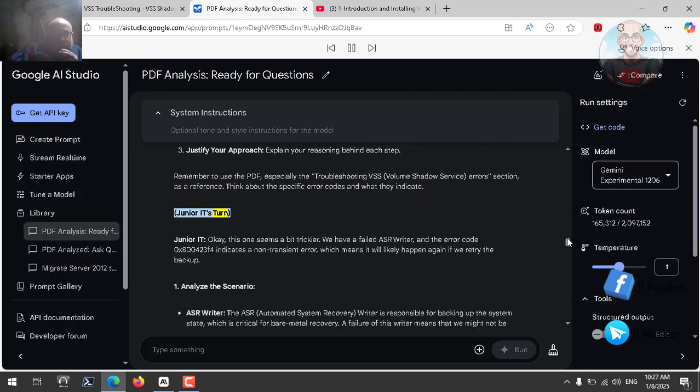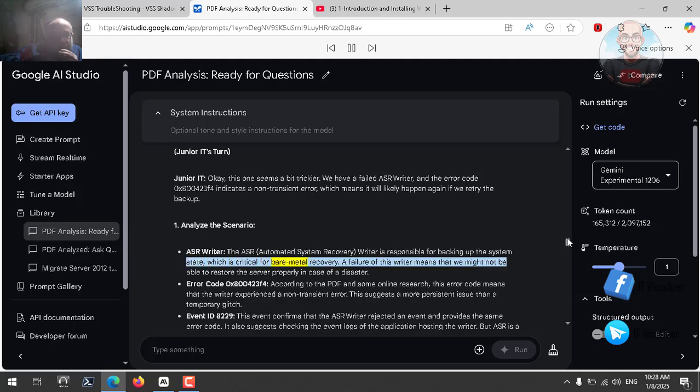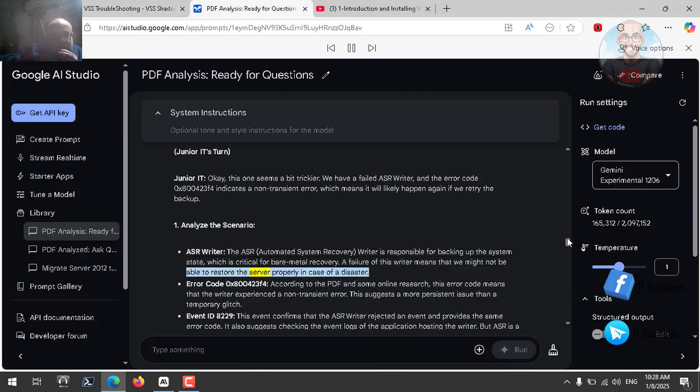Junior IT's turn. Okay, this one seems a bit trickier. We have a failed ASR writer, and the error code 0x800423F4 indicates a non-transient error, which means it will likely happen again if we retry the backup. 1. Analyze the scenario. ASR writer. The ASR, Automated System Recovery writer is responsible for backing up the system state, which is critical for bare metal recovery. A failure of this writer means that we might not be able to restore the server properly in case of a disaster. Error code